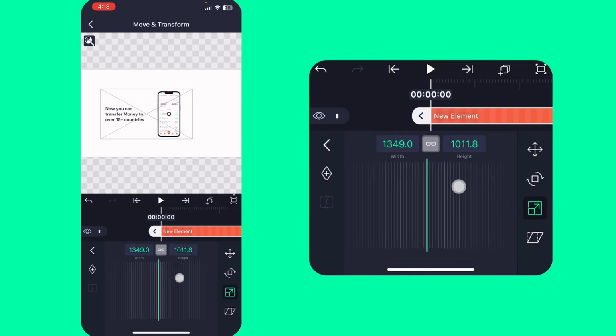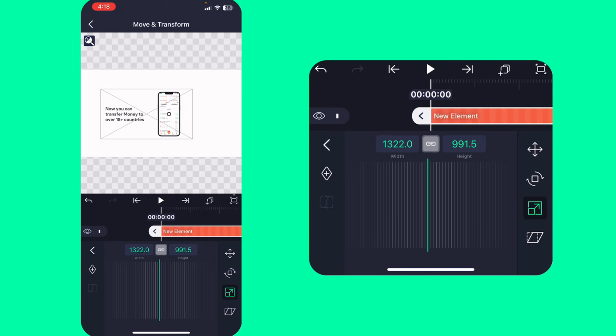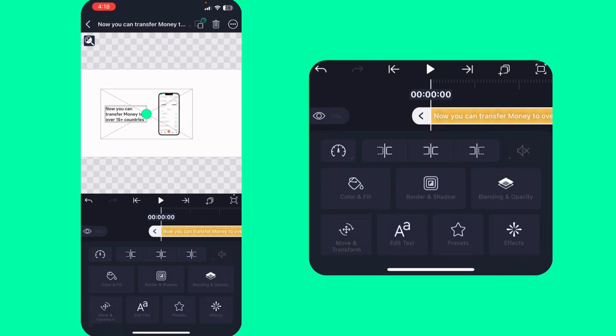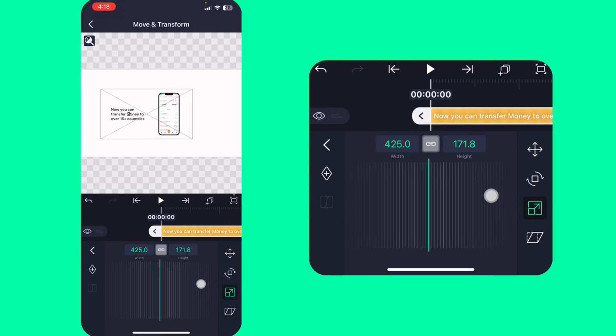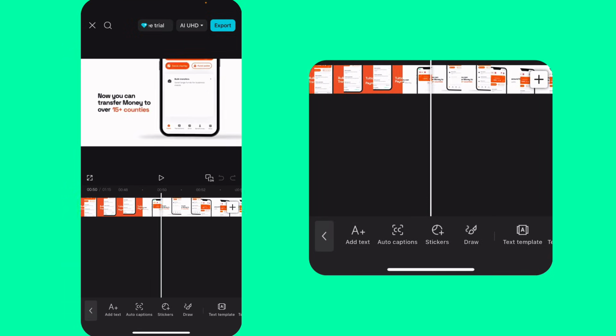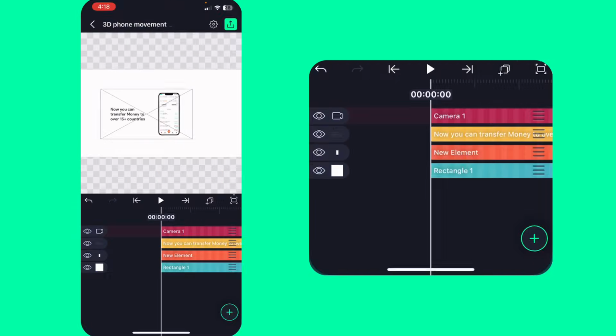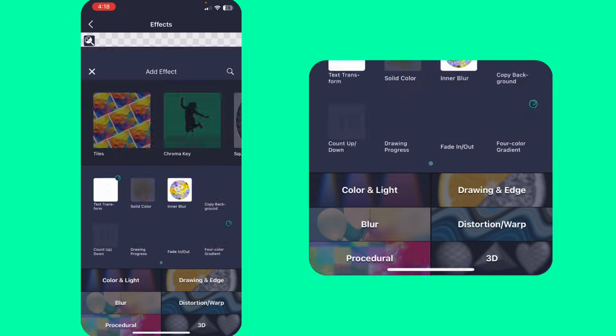So if you are new to Alight Motion, you might not understand, but I'll try my best to break it down. So just use the phone style like this, then this, now you can use that one a bit, move it closer, right? Then for the phone movement like this, as you move phone movement, I use flip, just click